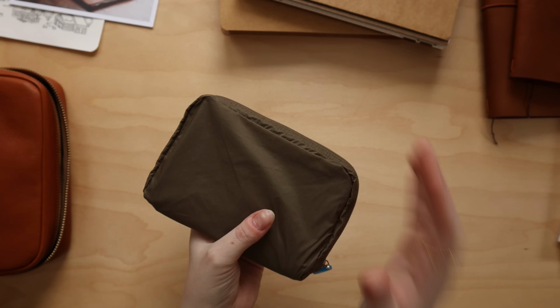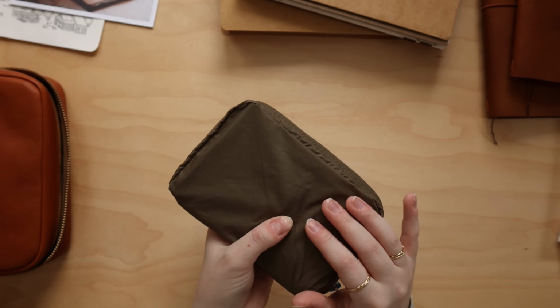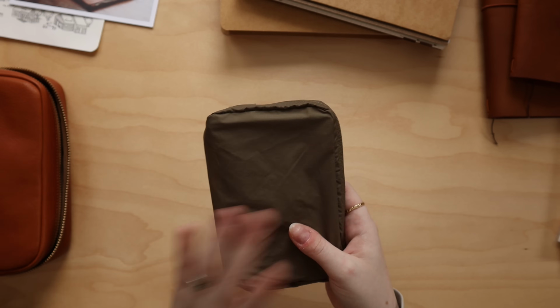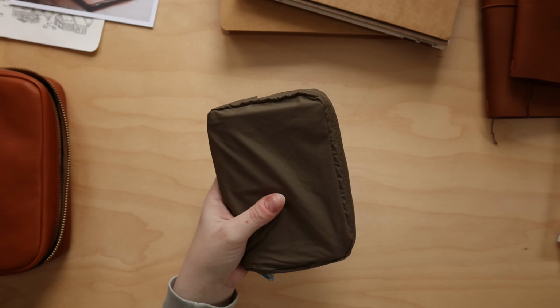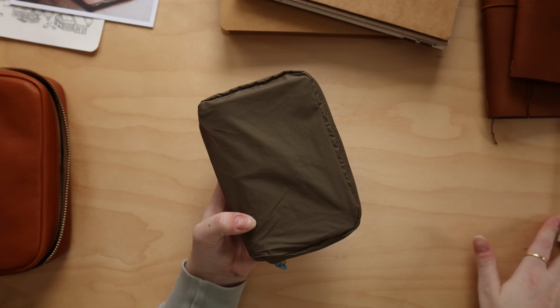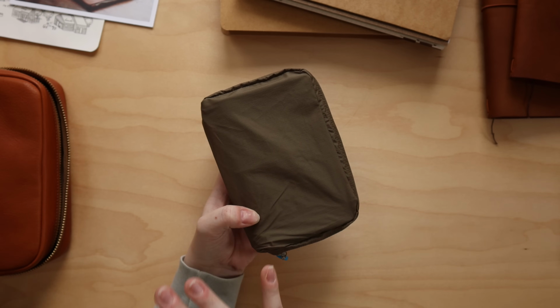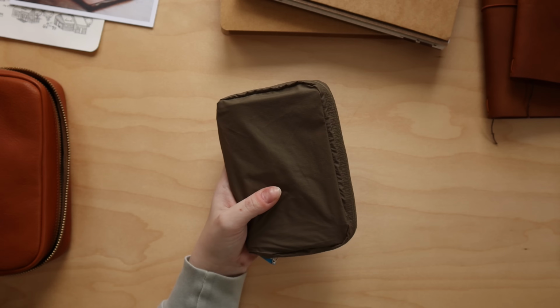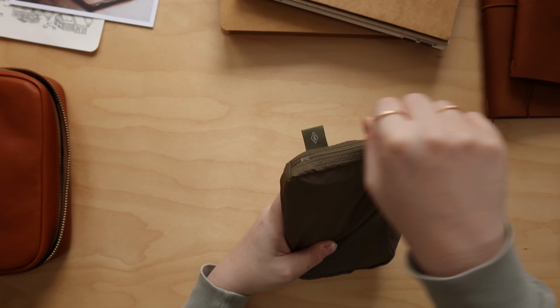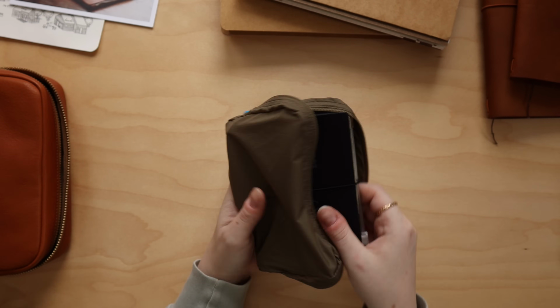This is made out of a very light raincoat material, so I kept my traveler's notebook in this when I was traveling just so I could have that extra layer of protection, just so that I was fully confident it was all good and protected and ready to go on my trip. And if I open it, you will see that